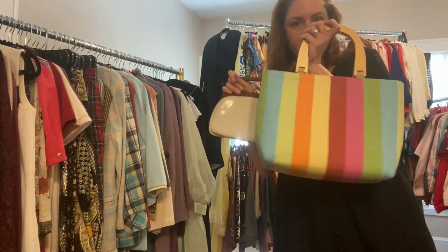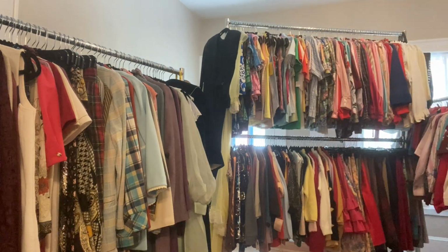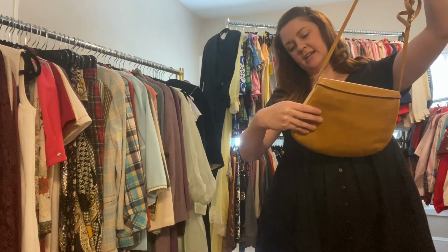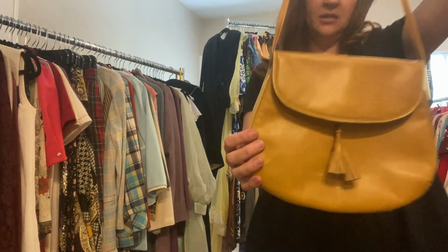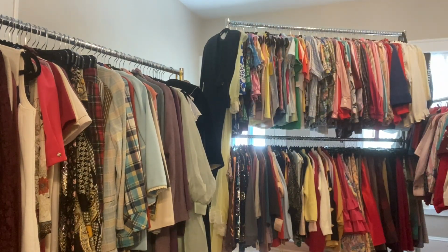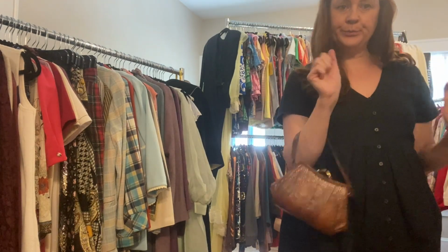Here are two little purses. Those can be for request. This Bottega Veneta. I know I'm pronouncing that wrong, and I think I had shown this maybe last time. I'm not familiar with the brand, so I cannot authenticate this adorable tiny little